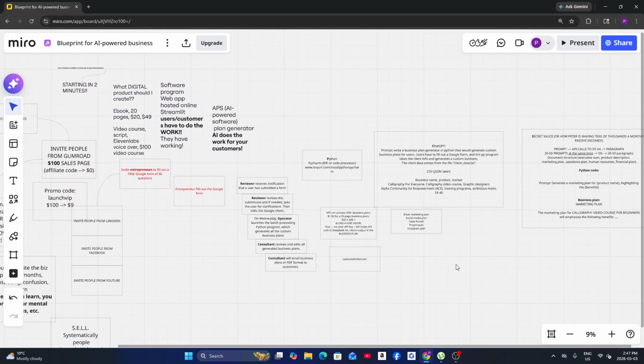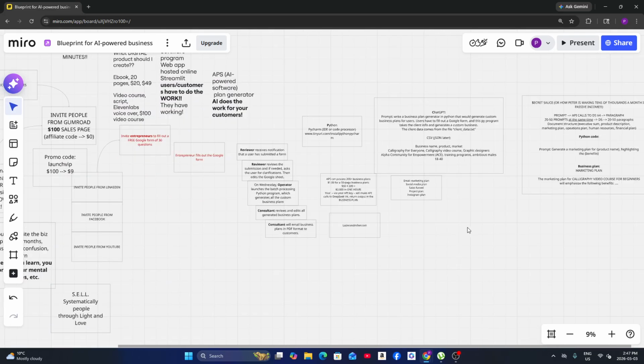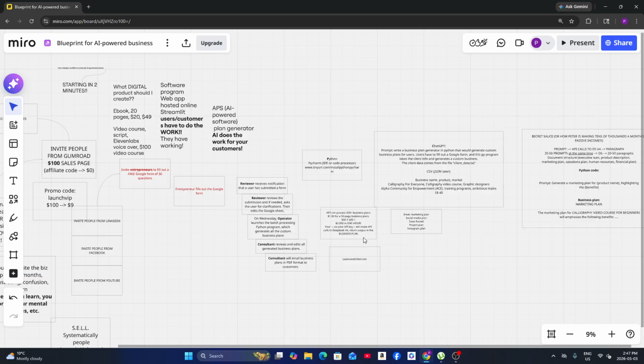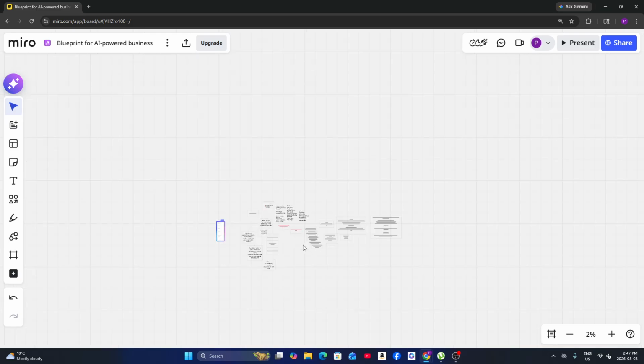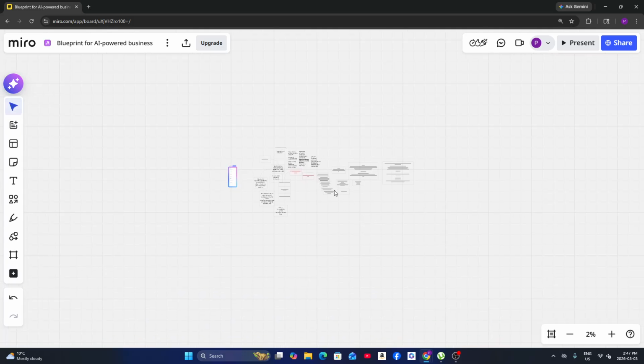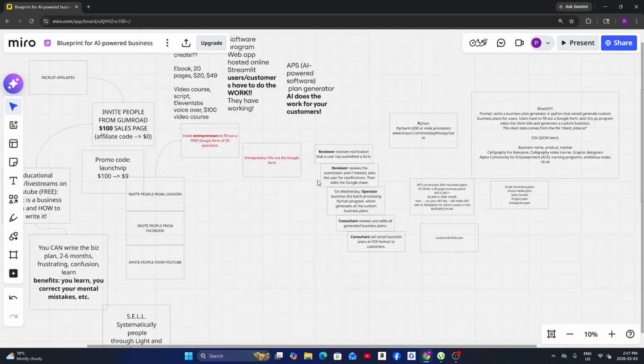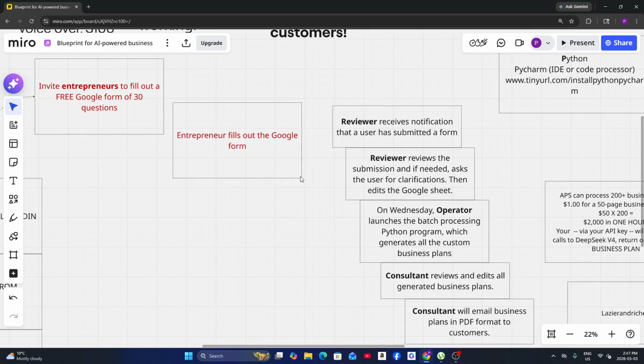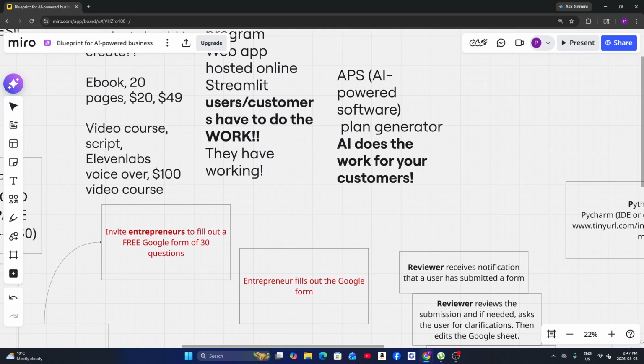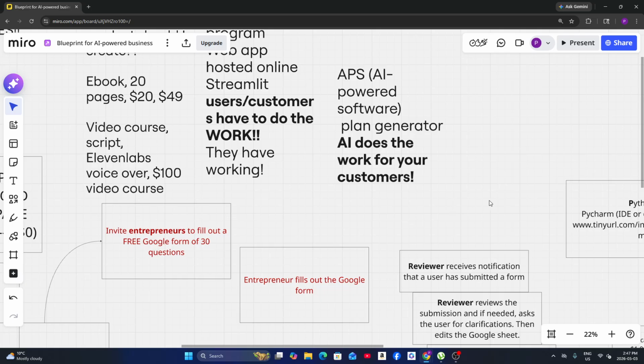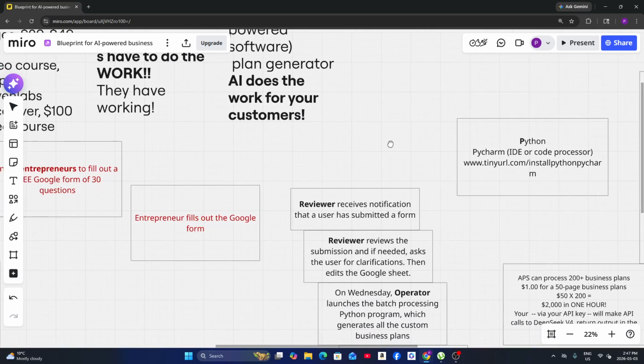And you can see here, this is amazing. You can see here the entire workflow. And the beauty of using Miro here, and you can have a free account, but in your free account, you only have 3 boards. This is one of my 3 boards. The cool thing is that you can work together with a partner or collaborator in order to improve your workflow. But unless and until you have this kind of workflow where you